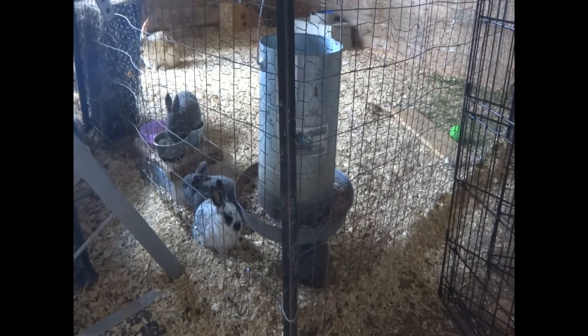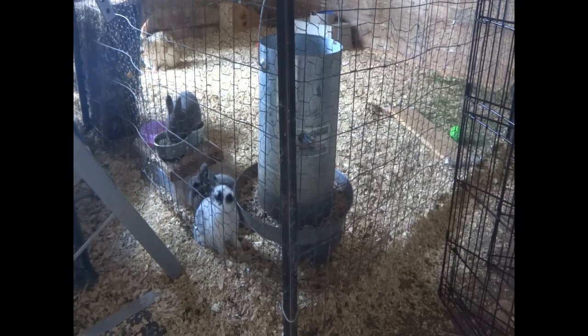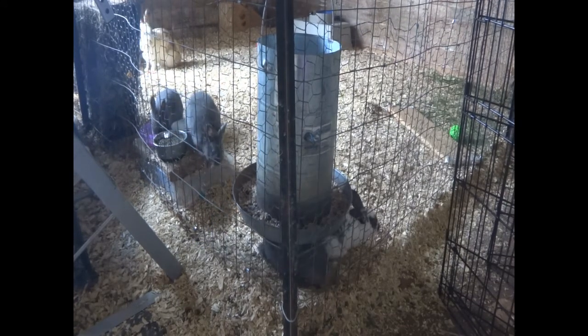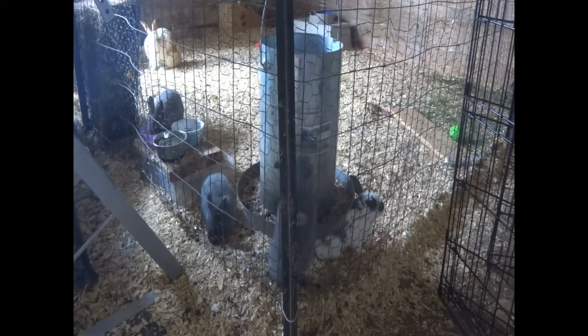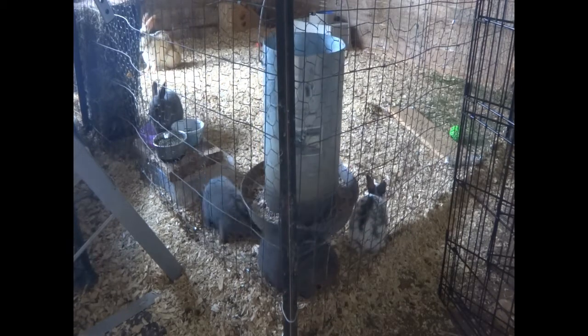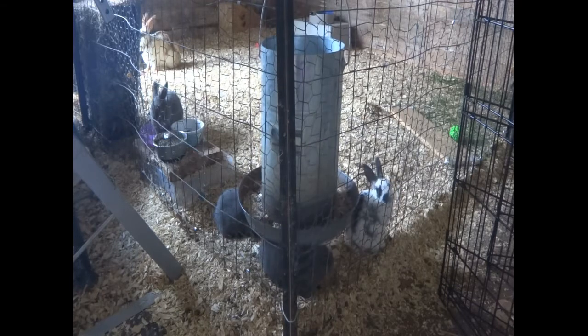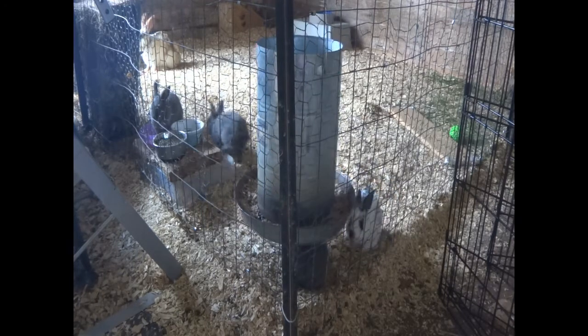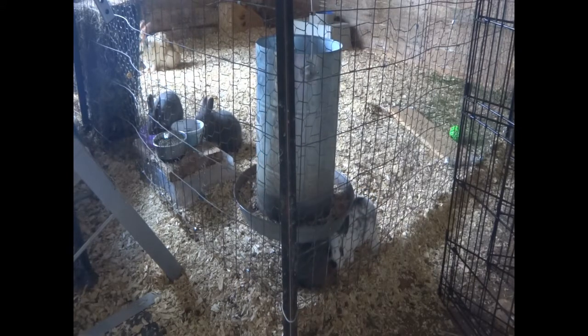Going to put Pepper in the big colony. So Pepper was my favorite kit from Rosie's first surviving litter, and I've kept her as a breeder. She is now about 5 months old, and I am ready to put her in with the big colony to